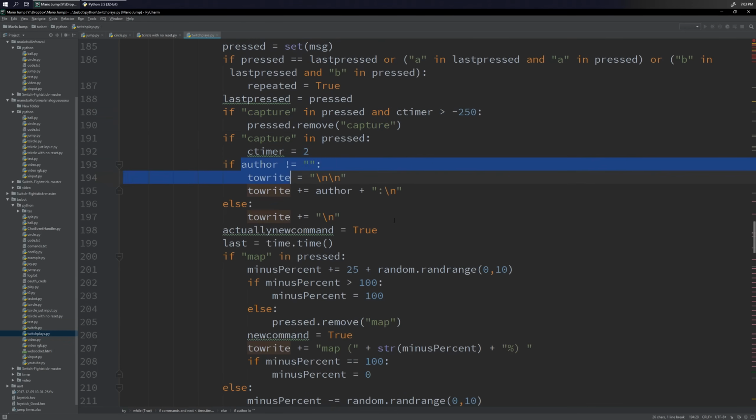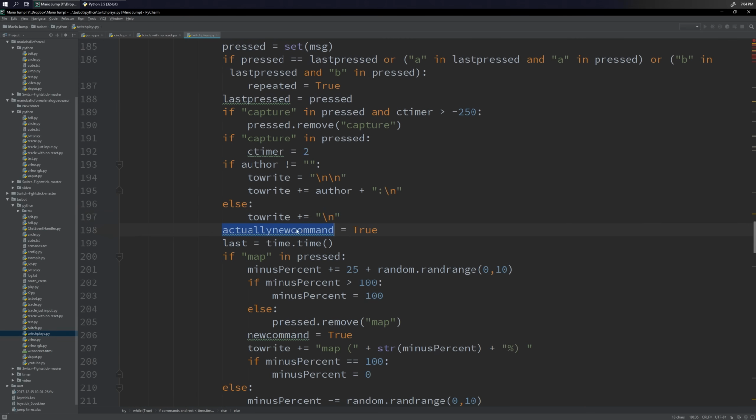Right, so yeah, this was that thing I mentioned earlier, right? When you send a message, it adds it to that list with the author, with your name and your command. But then if you have multiple commands, then it strips the author, right? So if we do have an author, then we add a new line, so that's the gap between the commands, and then we write the author name followed by a colon and a new line. And again, if I knew about Python format strings, I would do that here, but I didn't. Otherwise, we just do a single new line, and that's how you have multiple commands in a row.